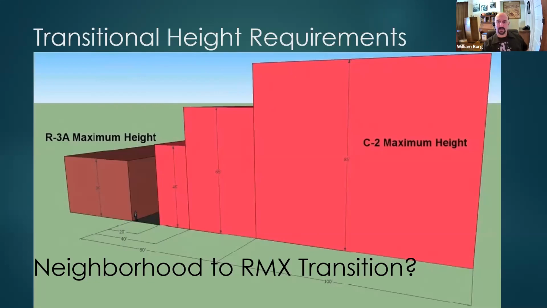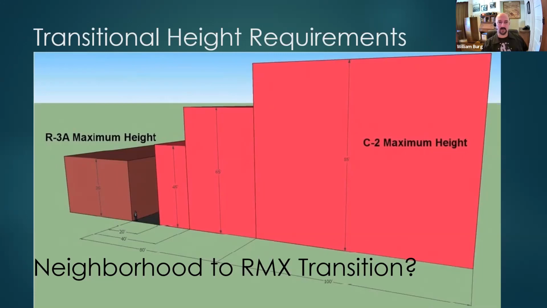And R3A, the missing middle zoning of the central city, which effectively everything is going to be now, didn't have that protection, even though there were almost no places where R1 met commercial, but lots of R3A met lots of commercial all throughout the central city. So we got a compromise. We said, we'll support that increased maximum height if we can get these step down transitions, and that was approved.